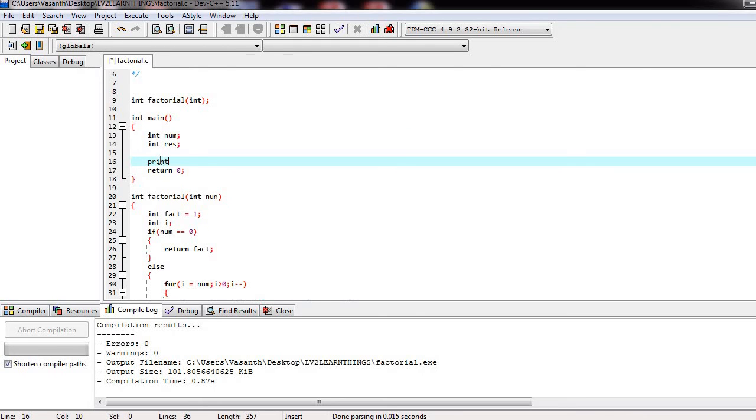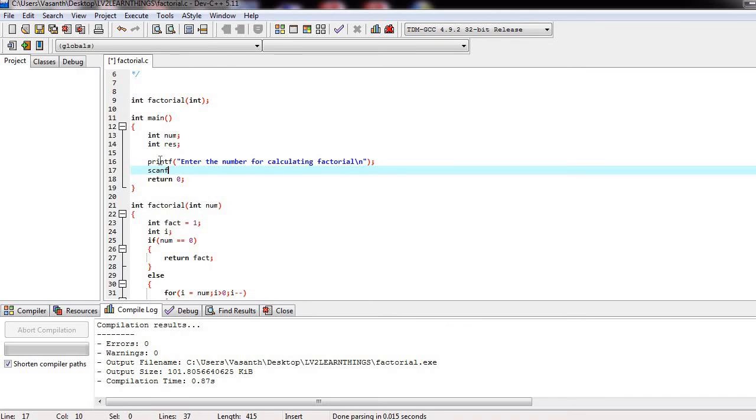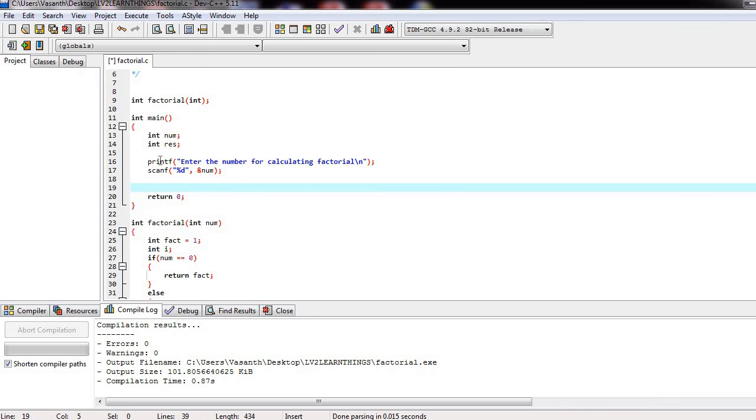So let us take some input from the user. Let us call that factorial function from main.